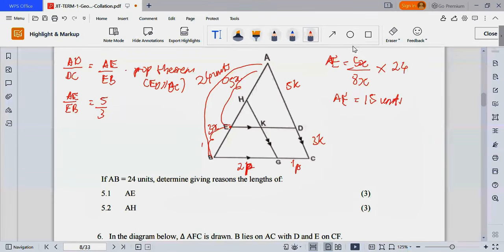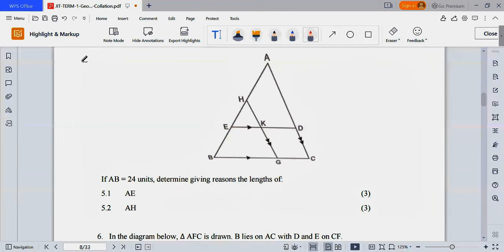Or you can just go with the one that we are used to, which is this. The one that we are all used to is, we say this one over this one is in proportion to AE over EB. So AD over DC is in proportion to AE over EB. And then we just go AD over DC is equal to,